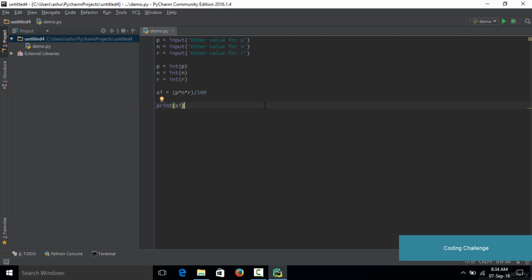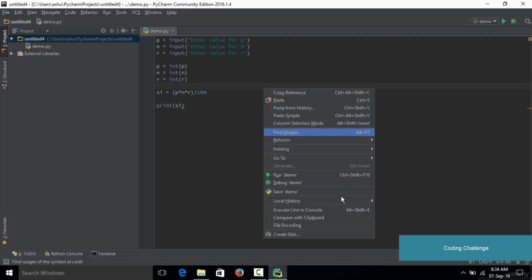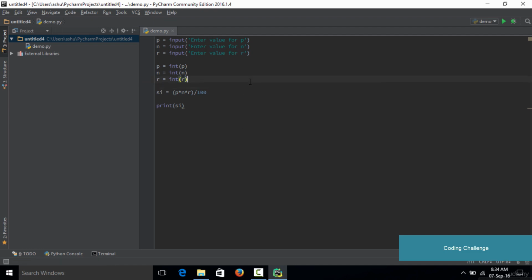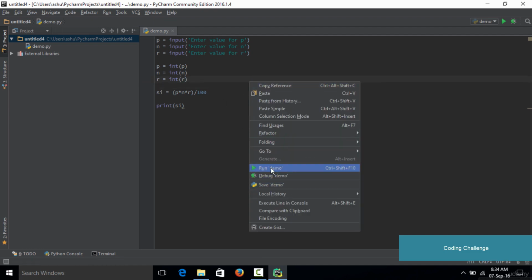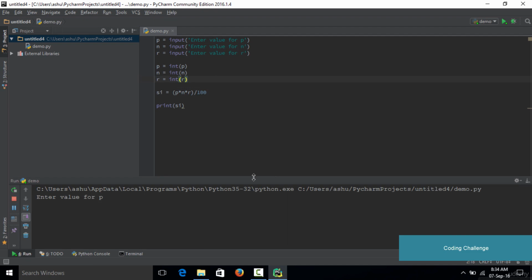If we go ahead and save the code, and run this code by simply right clicking over here and clicking on the run option, as you can see, it is asking us to enter the value of P. So let's say the principal amount is $1,000, and let's say the number of years is 1, and let's say the value for rate of interest